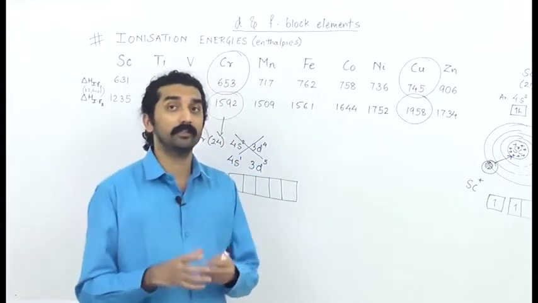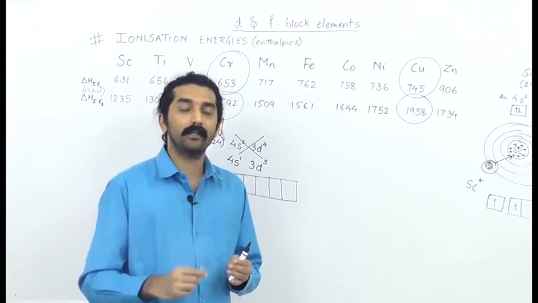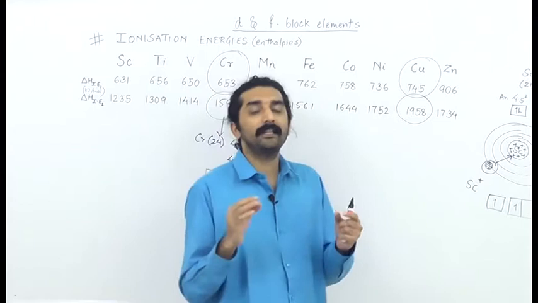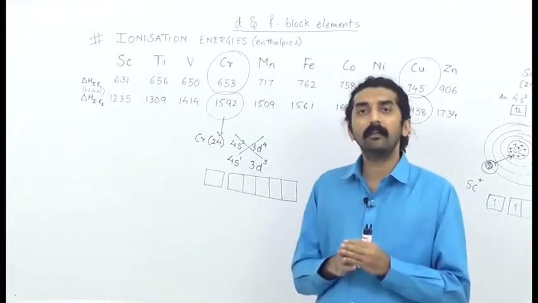If you remember, magnesium has a full filled 3s orbital, and that is why it has higher stability, and that is the reason why it is very difficult to remove an electron from the magnesium atom. A similar case is in phosphorus.